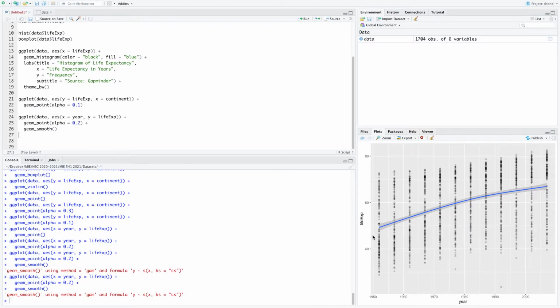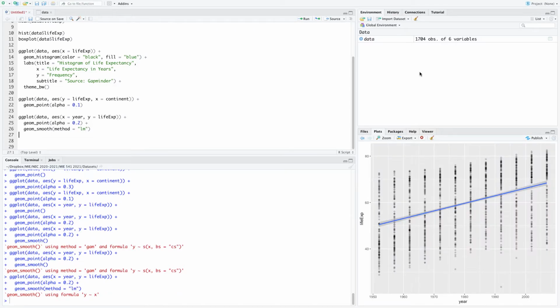So the first thing I want to do is, well, this isn't exactly a line, it's a curve. I want it to give me a line. So the first thing I'm going to do is in geom_smooth, I'm going to type method equals quote lm. I said lm stands for linear model. I want you to give me a straight line because it looks pretty close to a straight line. Okay, so now I have a straight line